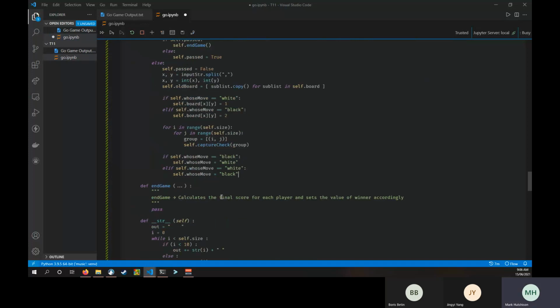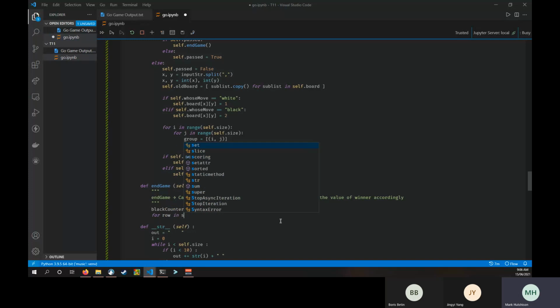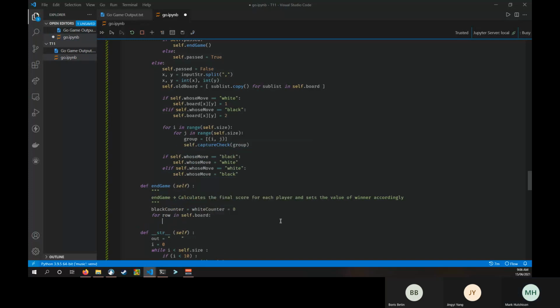And then finally, endgame. This one, not too much. Like, it's not bad at all. Assuming that the game is end, what we're going to do is we're going to set up a black counter, set it to 0. We're going to set up a white counter and also set to 0. That's why I'm doing this notation. This is a short form in Python. For every row in self.board, for column in